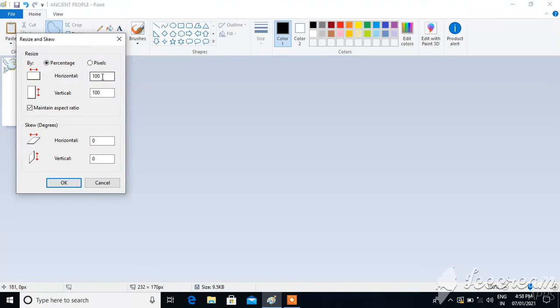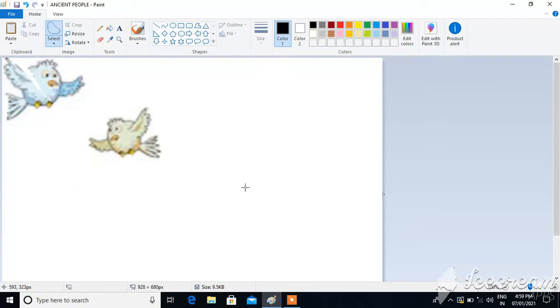Change the horizontal and vertical pixel. 300. Okay, 400. Okay, what happened? That picture got bigger. Okay, this is called resizing the picture.